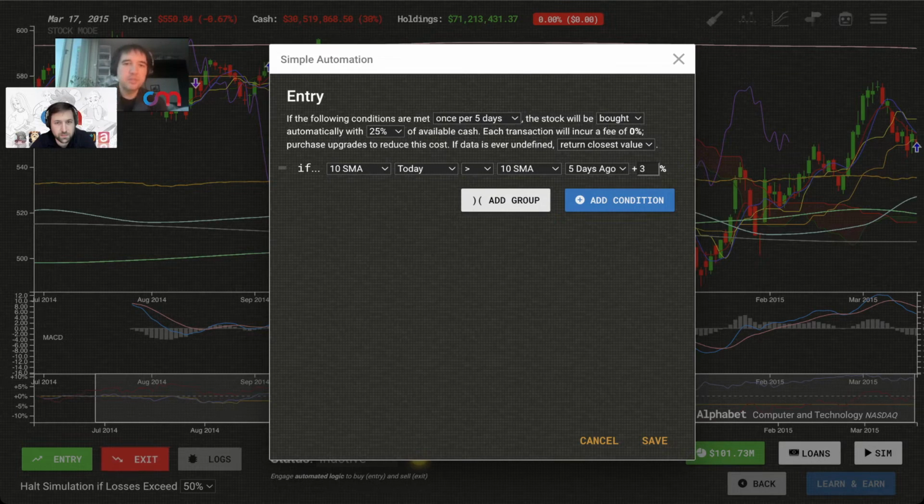But because I already explained what a simple moving average is, let's use that. We can say that if the 10-day simple moving average today is greater than the 10-day simple moving average from 5 days ago by a factor of 3%, in other words, if it is trending upwards, then we buy, and that's what an entry refers to. An entry refers to a buy.